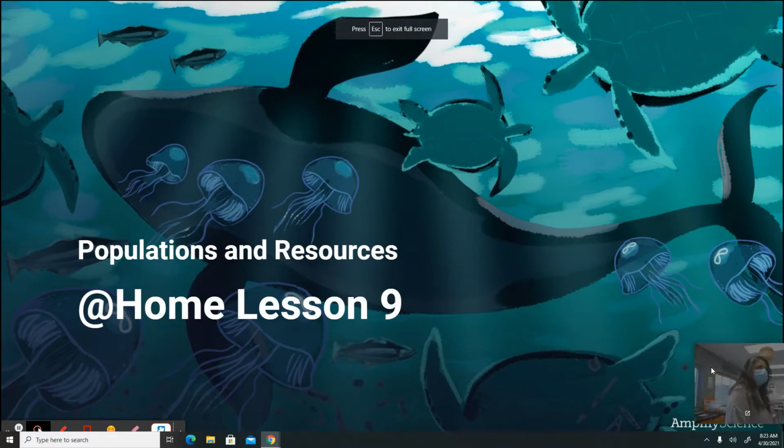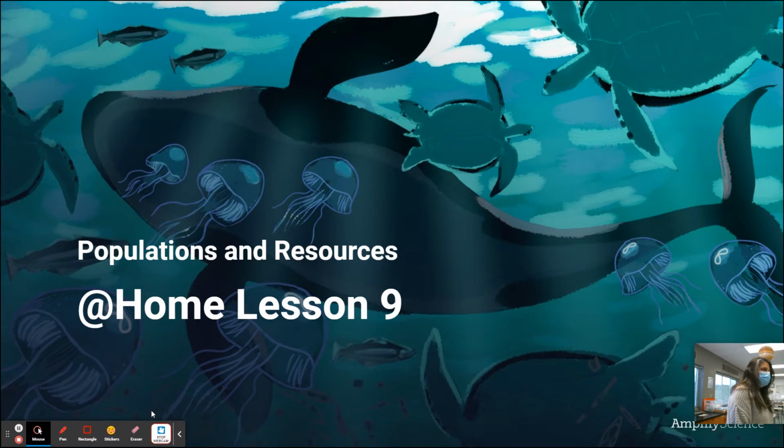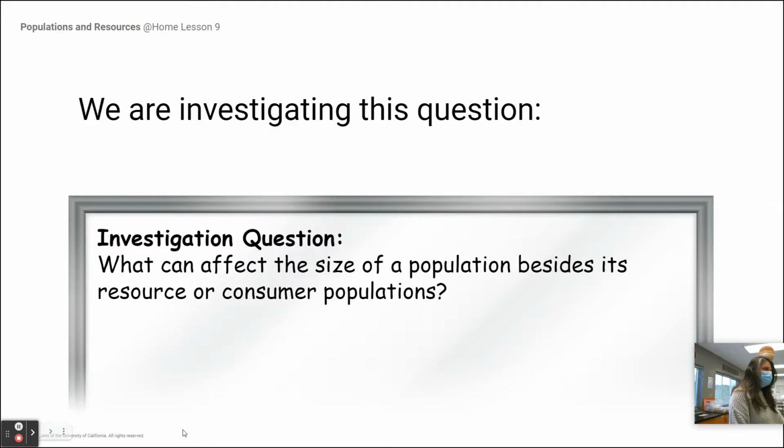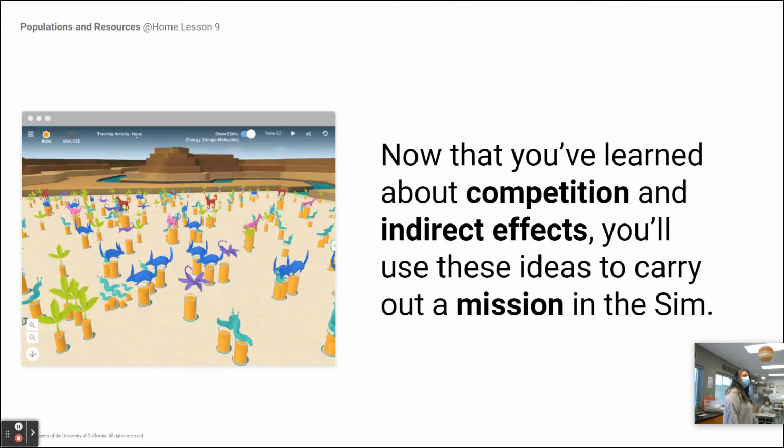All right, the second half of lesson 9. So remember, we're investigating the question, what can affect the size of a population besides its resource and consumer population? So we're looking at those things outside of the jellies and the zooplankton and the turtles. So now that you've learned about competition and indirect effects, you're going to carry out those ideas on a mission